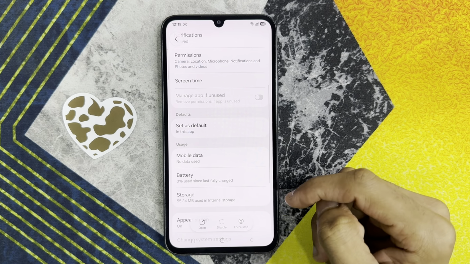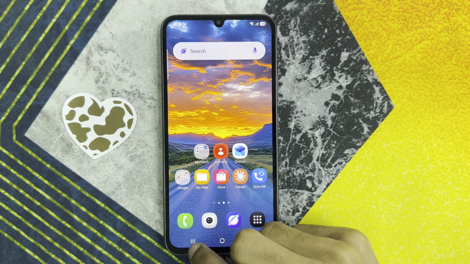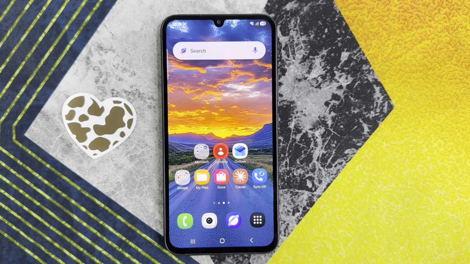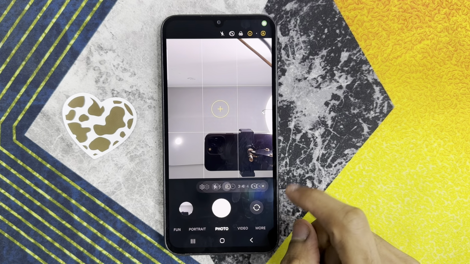If you want to fix this problem, first turn off the camera app. After turning off the camera app, you will see your problem is solved. But if it's not solved, click on camera app, click on this